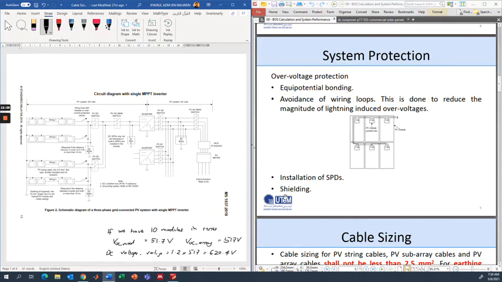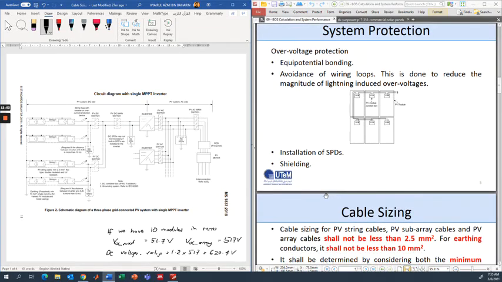Shielding is when we have a conductor connected directly to ground, installed higher than the location and position of the PV module cables, so that whenever there is a lightning strike or induced lightning overvoltage, it will go to that cable first because it's higher above. Okay, so those are about system protection.